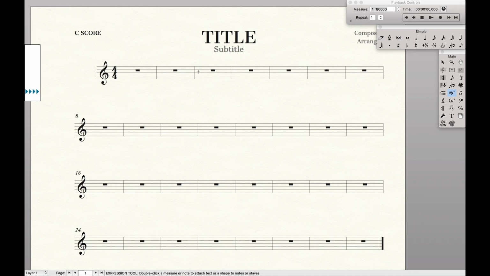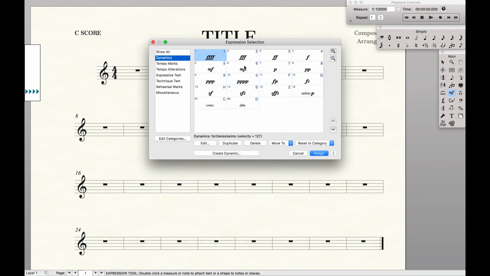And then just click as if you're going to enter an expression normally. You'll notice in the upper right-hand corner of each of these boxes, there'll be a symbol, right? Either a 1, a 9, an H, an S. That is the keyboard shortcut for that specific articulation or dynamic, right? So if we look over here at forte, in the upper right hand corner we have a 4. That tells us if you press down a 4 while we click, we will actually get a forte in that